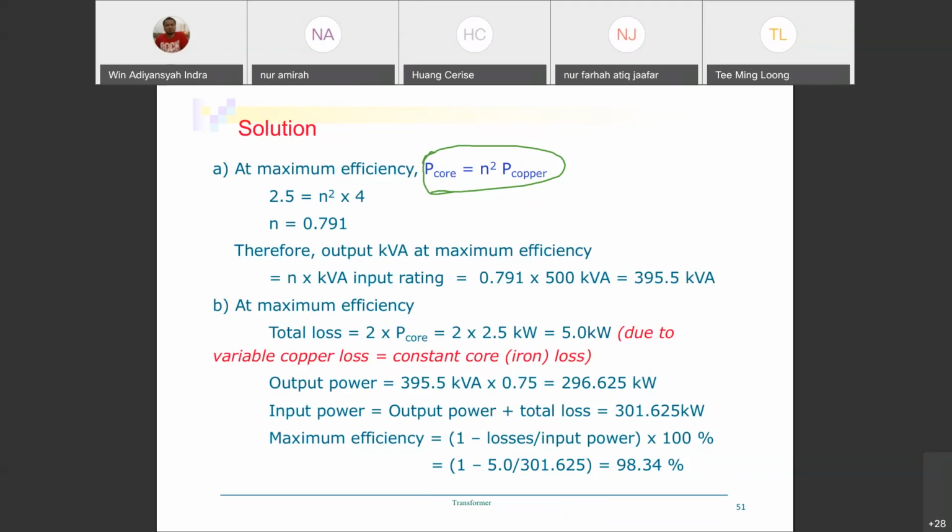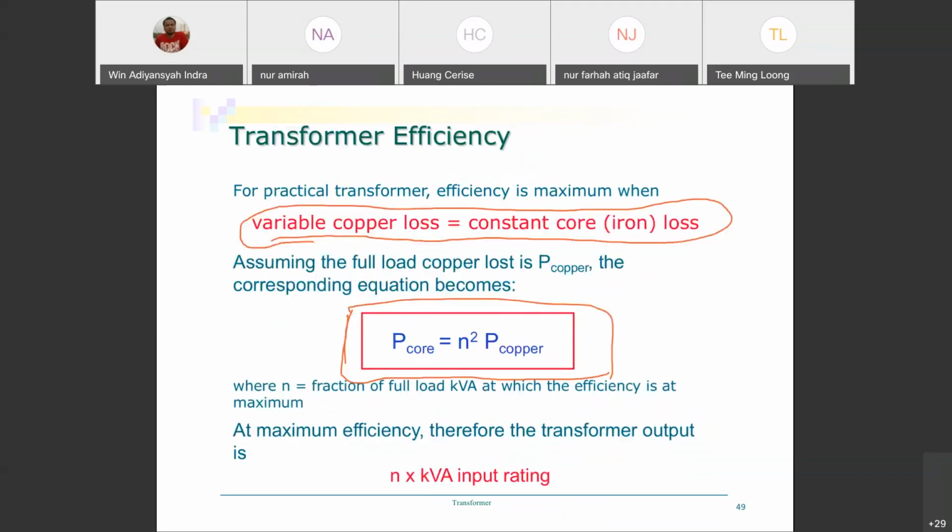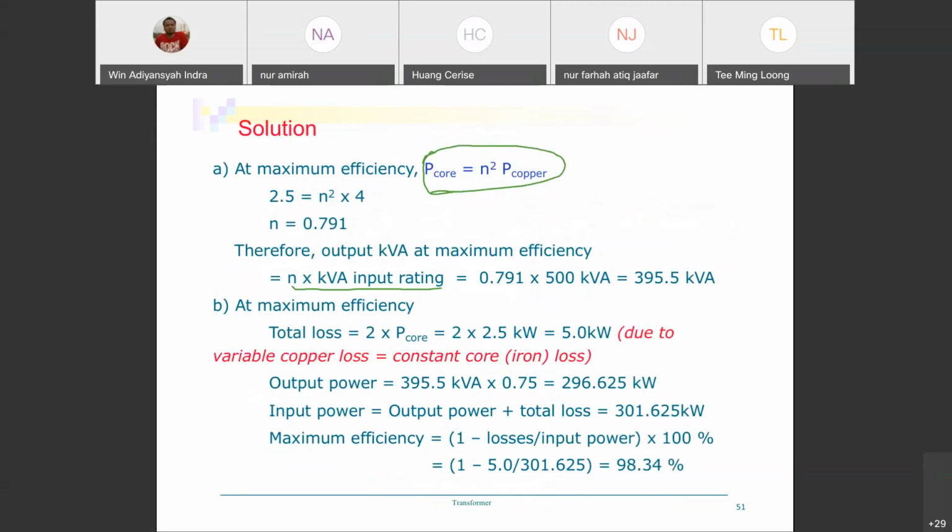Where do you get this formula? This one. It's also in the slide. If you check the slide here. Okay. Next,